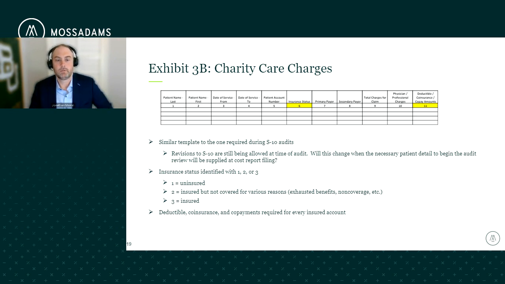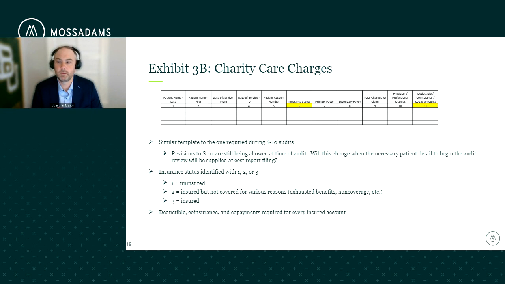I think before we move to the next slide or questions, I want to step back and think. Obviously CMS and the MACs are requiring this information at the time of cost report filing. As I look ahead, it's clear that CMS wants this data up front, right? Right now, they're allowing providers to revise their S10 data at the time of the audit. But I can see a day coming in the not too distant future where all of this information should be readily available right when they start their audit, right?